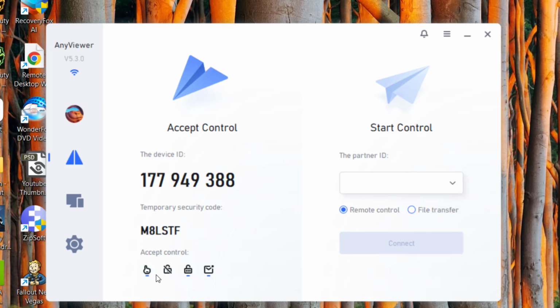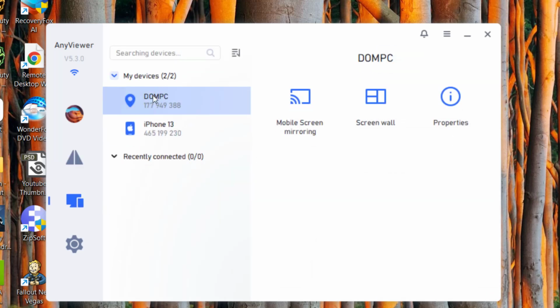So this allows you to point and touch. Security code has been disabled, temporary security access code, and request to control has been enabled. So we're going to get right to showing you the control setting. So we're going to go to device, we're going to show the device is connected, then we're going to go